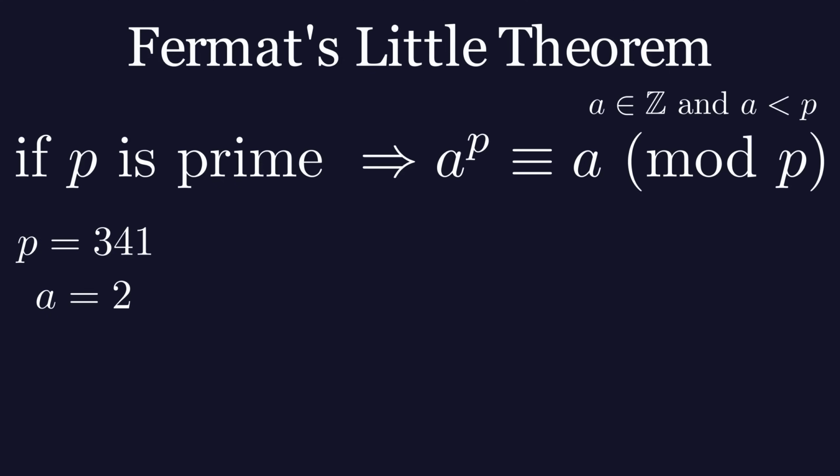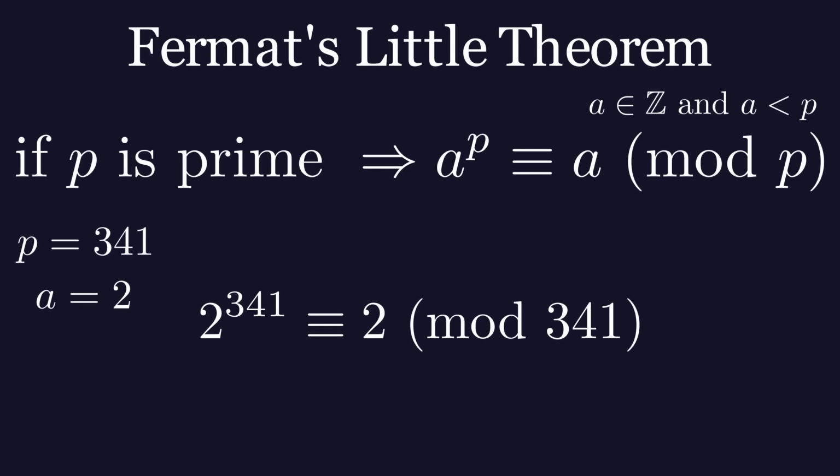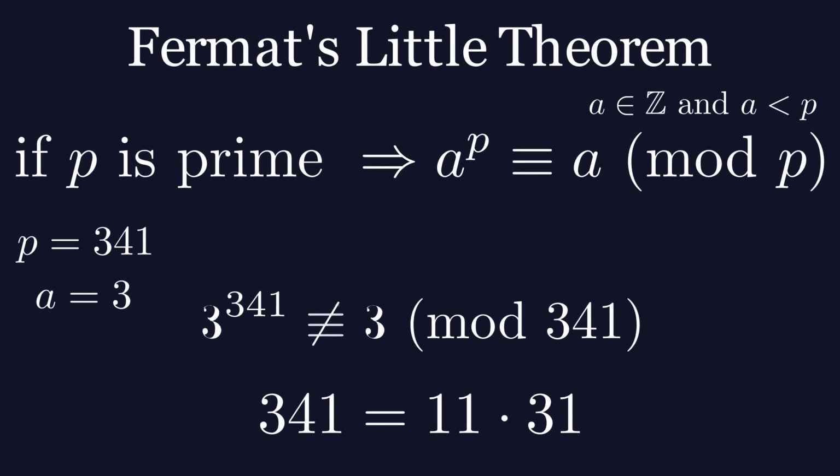Using 2 as a makes it seem prime because 2 to the power of 341 minus 2 is divisible by 341. But 341 actually isn't prime. If we try again with a equal to 3, we find that 341 doesn't pass the test, indicating it's not prime. Doing more tests with different values of a increases our confidence in the result, but it's still not 100% certain